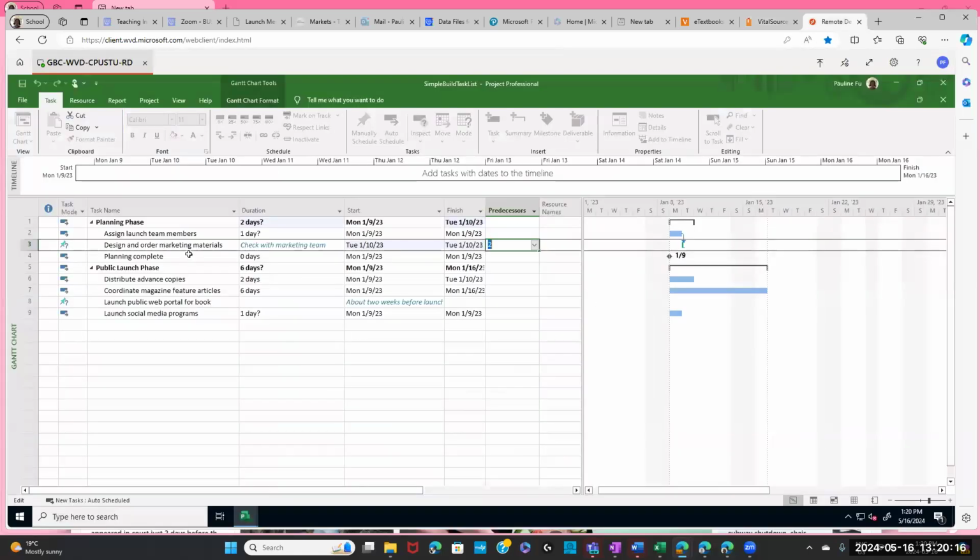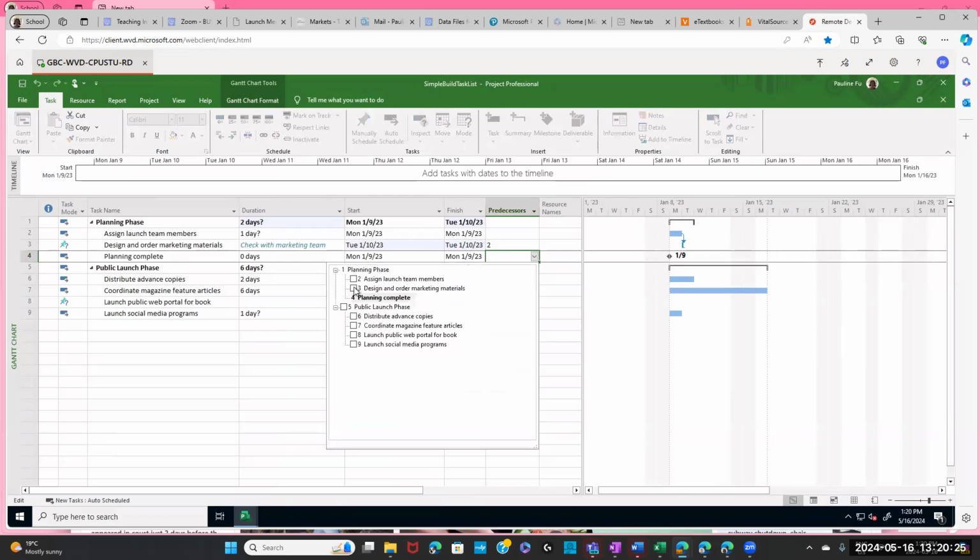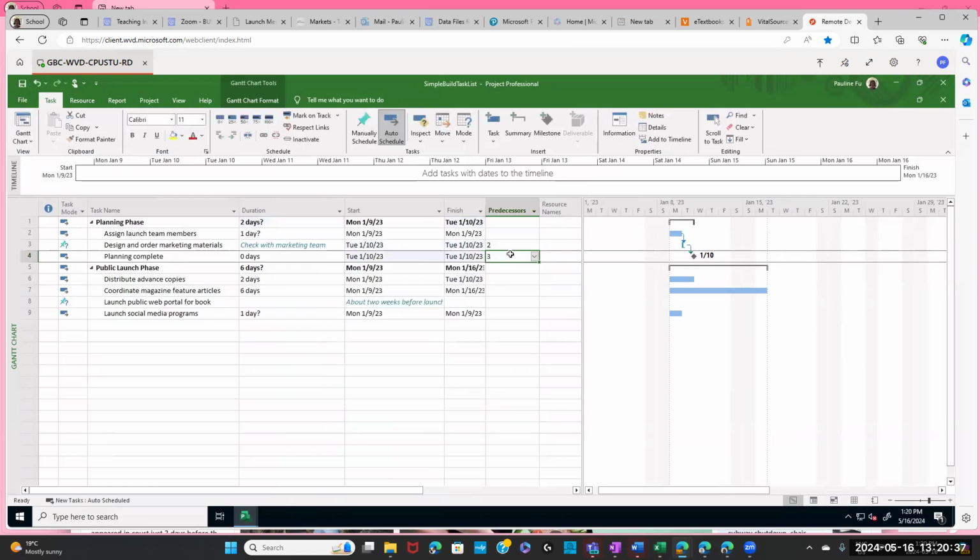So task 3 is the predecessor of task 4. So go to the predecessor field for task 4. Then click task 3, meaning task 3 is the predecessor of task 4. So we did that part. And then